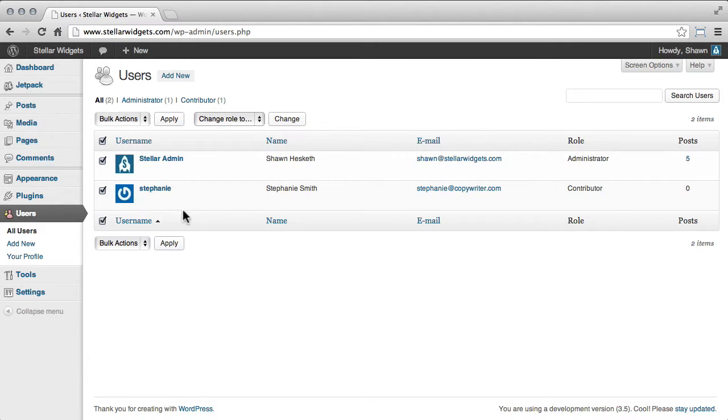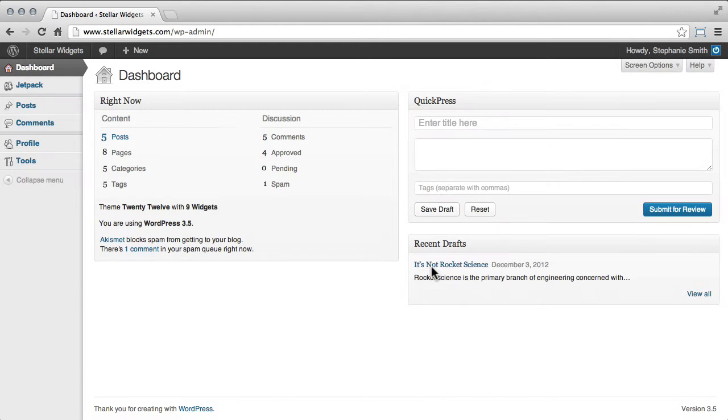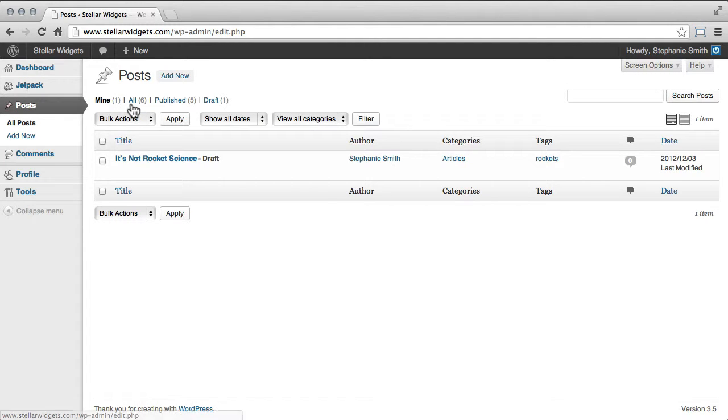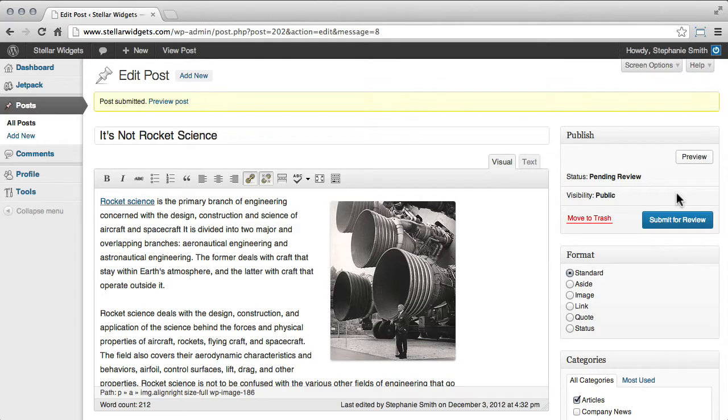Stephanie is a new user who'll be writing some articles for us, so I've given her account contributor permissions. When Stephanie logs in, she'll see a more limited set of functions. And while she can author and compose new articles or posts, she won't be able to publish them directly. Instead, new posts that she creates are submitted for review and must be approved by an editor or an administrator